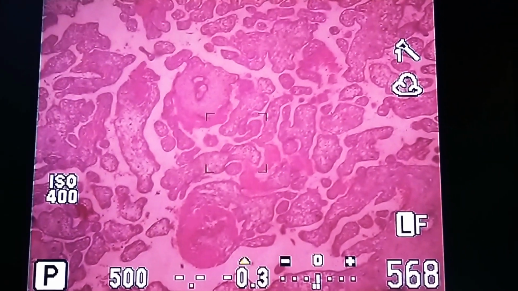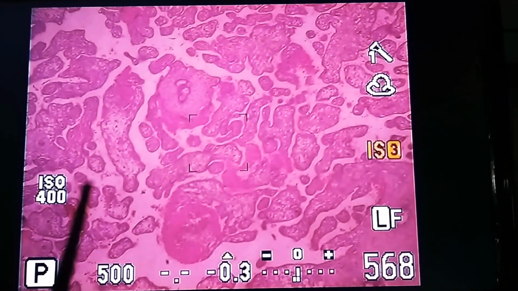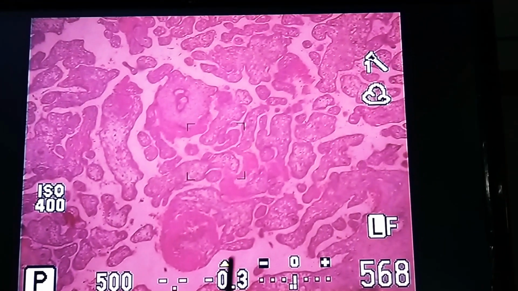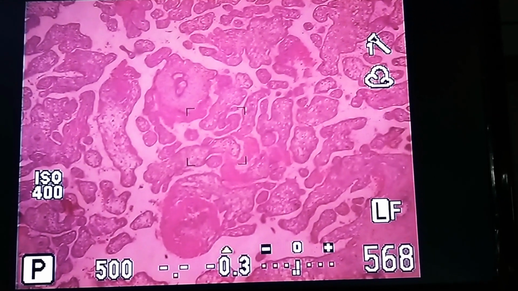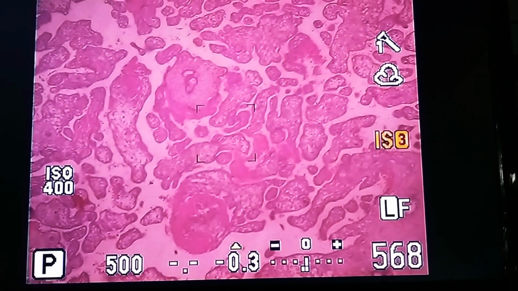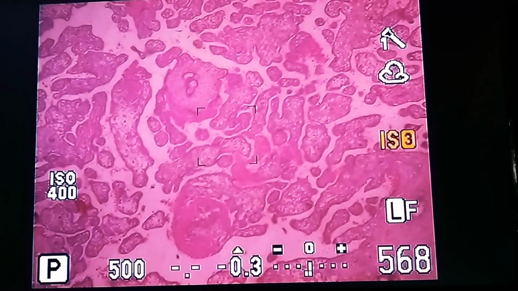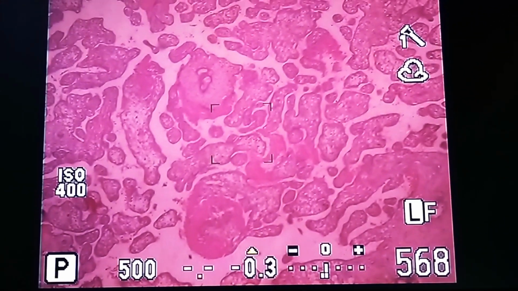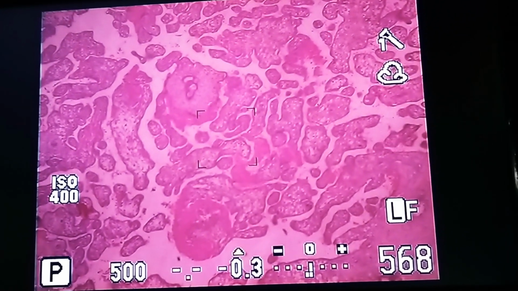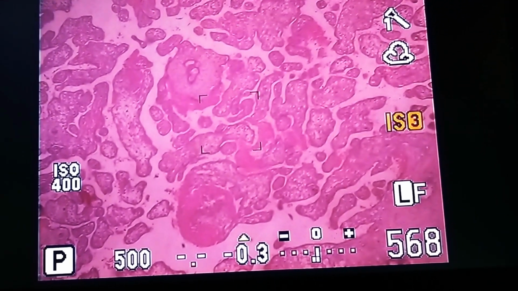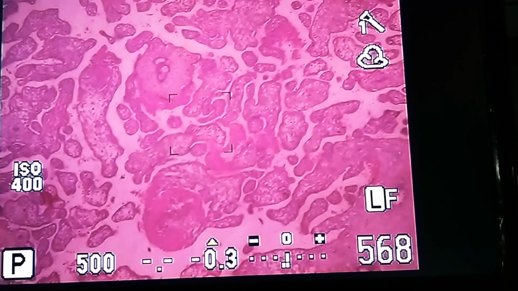This is the last slide for today's class. So I'm showing you here the slide of placenta. You can see multiple villi here. As I told you in the theory class also, when you do a cut section, we take tertiary villi. So what are the layers of tertiary villi? You will get syncytotrophoblast, cytotrophoblast, mesoderm, and within the mesoderm you get blood vessels. Okay, so four layers will be there, and because of the presence of the blood vessel, this is called tertiary villi.